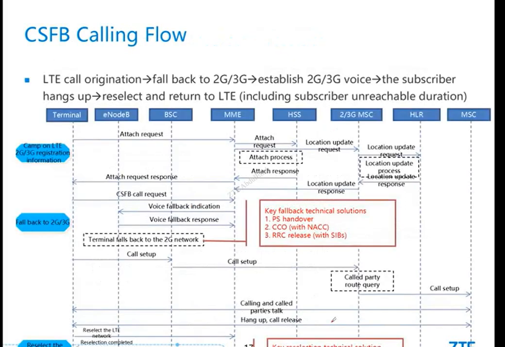And the third is the CS fallback calling flow. The calling flow, you can see, starts with LTE call origination, right? Before the origination, first the terminal should send an attach request to the MME. After the attach request to the MME, the next procedure you can think of as a combined attach and combined